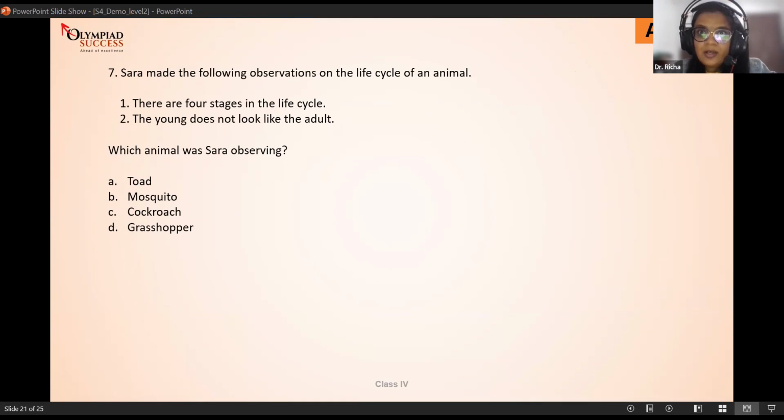Very good. I have 2 correct answers. 3, 4, 5, 6. Excellent. 7. Very good, guys. It is mosquitoes. They have 4 stages: egg, larva, pupa, and adult. And their young ones, once they come out of the egg, they don't look like the adult version. Cockroaches have 3 phases. Grasshoppers have 3 phases. Toads have